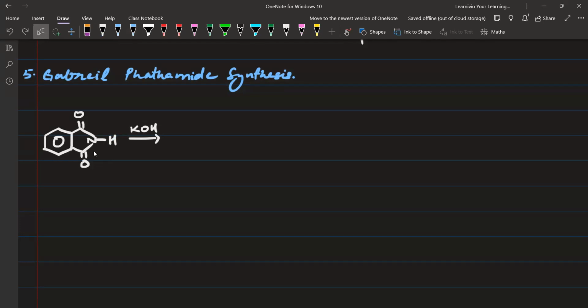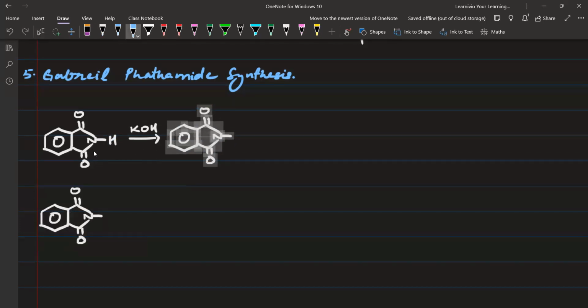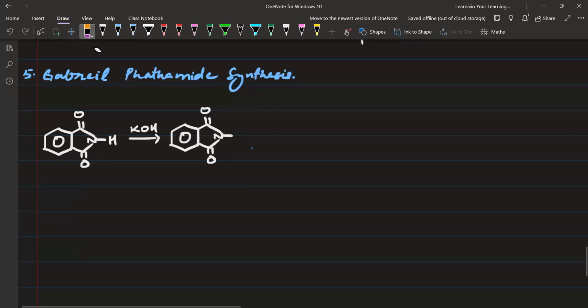So when we add base, it is going to be very quickly replaced. यहाँ पे नाइट्रोजन का क्या बन जाएगा? Nitrogen, and here you are going to have K, that is potassium. ठीक है, और ये N negative और K positive भी लिख सकते हैं आप. Now here comes the main reaction